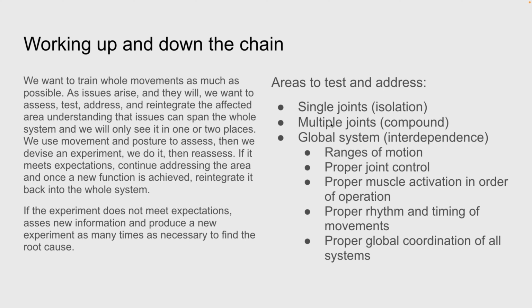If we can't resolve it at that level, then we're going to go down to single joints. Maybe it's just the elbow. Well, let's look at all the muscles that feed into the elbow and affect the elbow, and then work our way back up the chain again until we fully reintegrate it. So we start at the top, work our way all the way down, and then work our way all the way back up with reintegration, using the release it, mobilize it, activate it method at each layer,